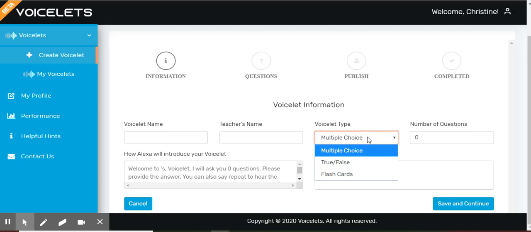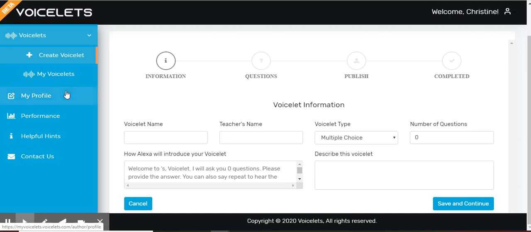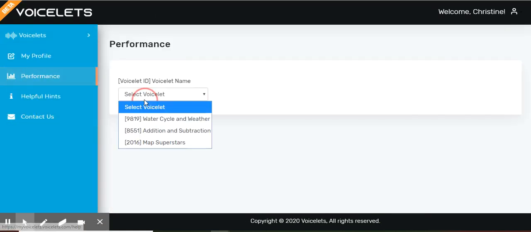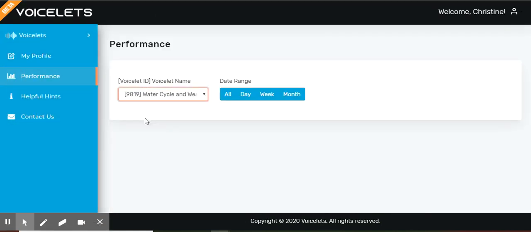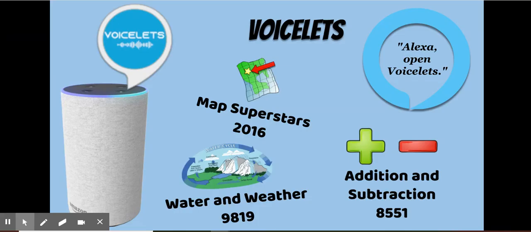Multiple choice is an option. You can do true, false, or you can do flashcards. And you set it up to do review questions or do things that students are going to be learning. Use it as a pre-assessment, use it as a post-assessment. It's just a neat way to be able to track when students are on here. You do get data from it afterwards, so whichever ones you've created, you can get that information from there as well. So let's try one out.